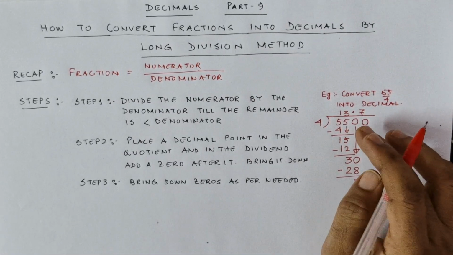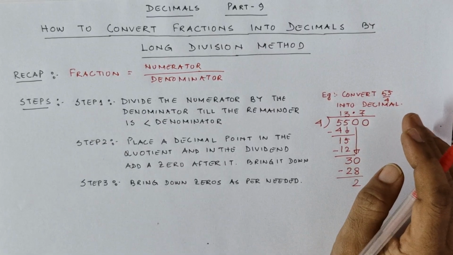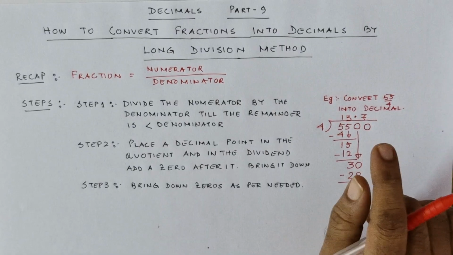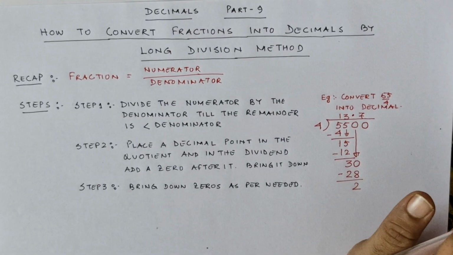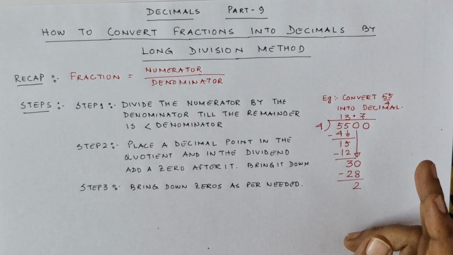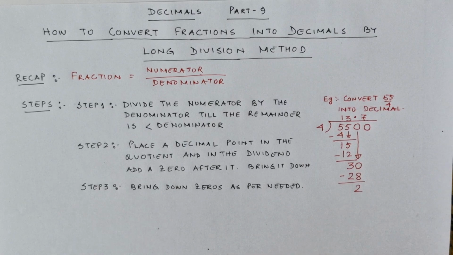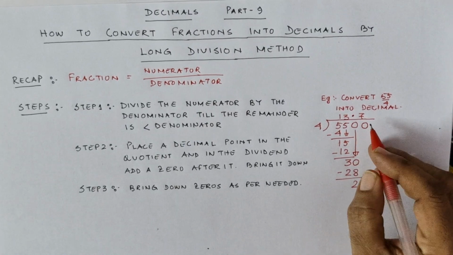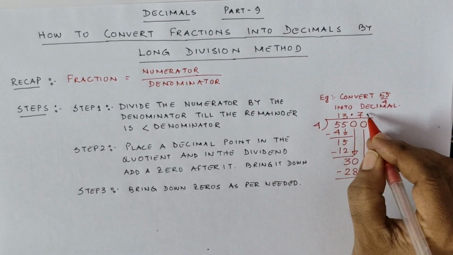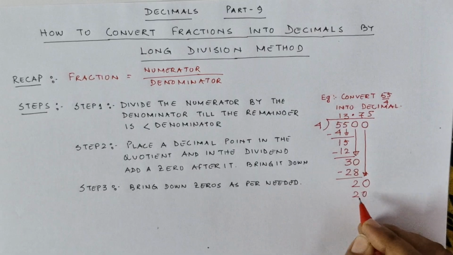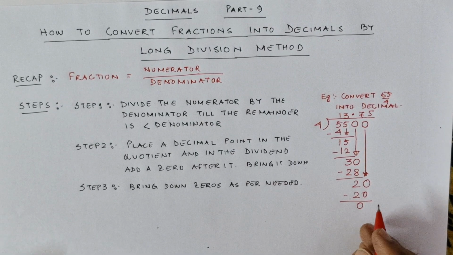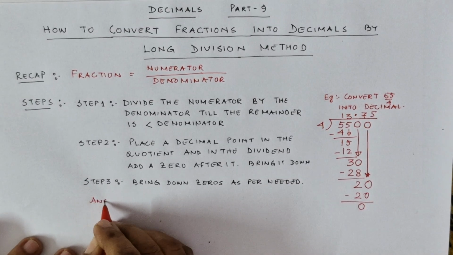Now how long are we going to do this? See, stop if the remainder is 0, or stop if there is a repeating pattern. So let's add a 0. We have added a 0, so bring it down again like before. So it's 20. 4 5s are 20. See, the remainder is 0. So the answer will be